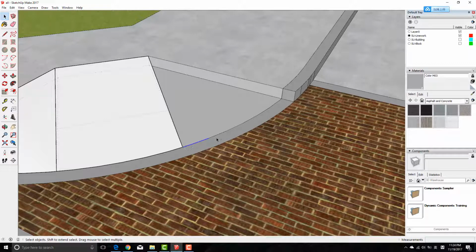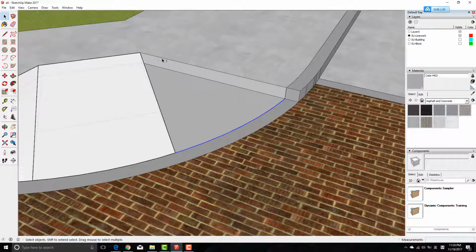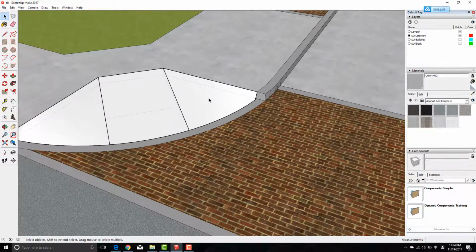For this part, I will do the same. So select the arc first. And then this top line, click Draw, Sandbox, From Contours. So I create a ramp here,